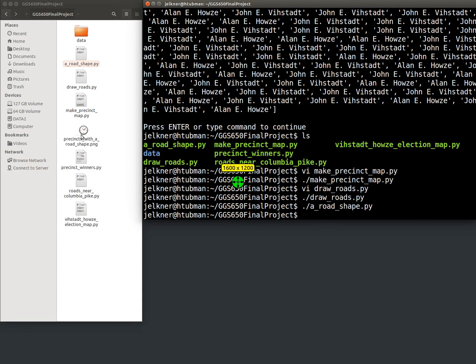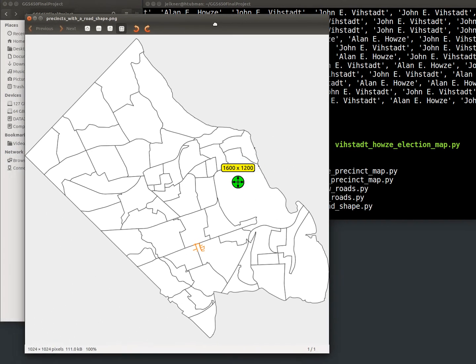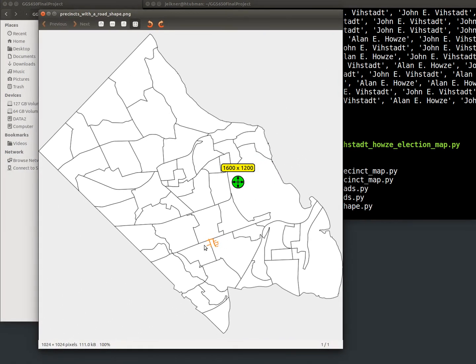And I'm going to open up this map here. This was after I played around a little bit. This right here is one of the shapes that are in that roads file, and it does have a little piece of Columbia Pike on it right here. This border right here is where Columbia Pike runs. It does have Columbia Pike, but it also has little pieces of adjacent road segments that run off of